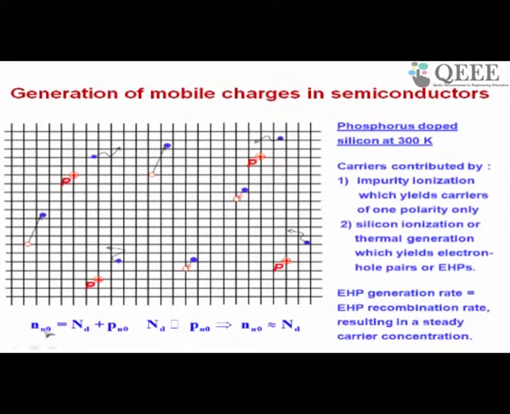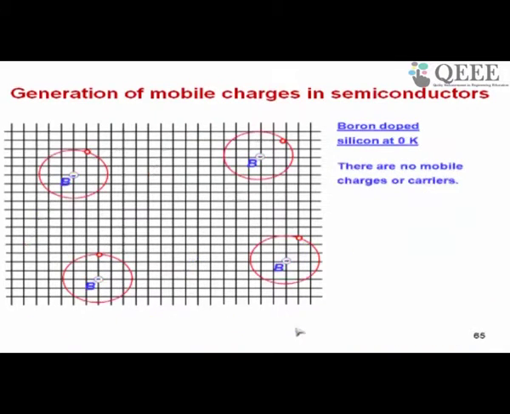So the equilibrium concentration of electrons in N-type semiconductor is equal to the number of donors, that is the donor doping concentration. Suffix D represents donors because it is donating an electron, and Pn0 means the concentration of holes in N-type semiconductor, and 0 means equilibrium. So now since Nd is much greater than Pn0, your equation becomes Nn0 is approximately equal to Nd. So in a phosphorus doped silicon crystal, the number of free electrons will almost be equal to the number of phosphorus atoms. Now let us do the same thing for boron.